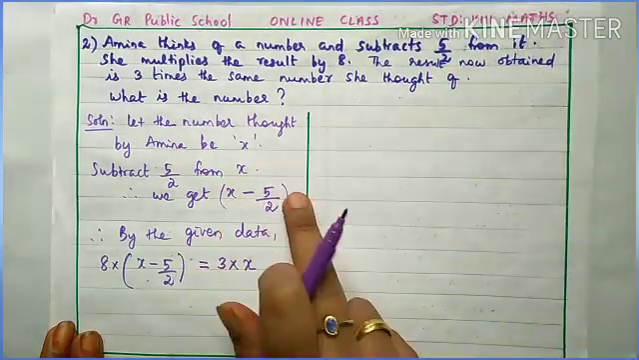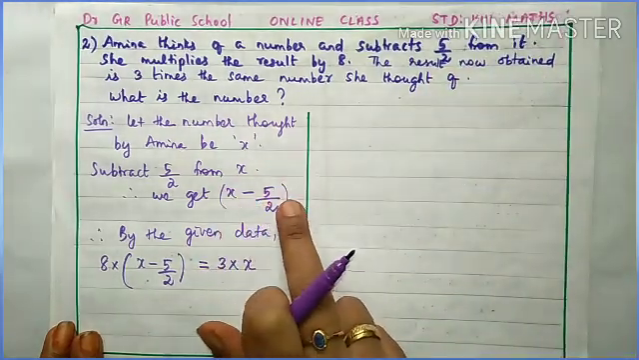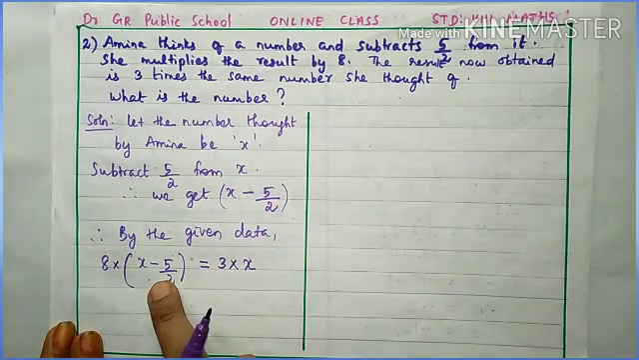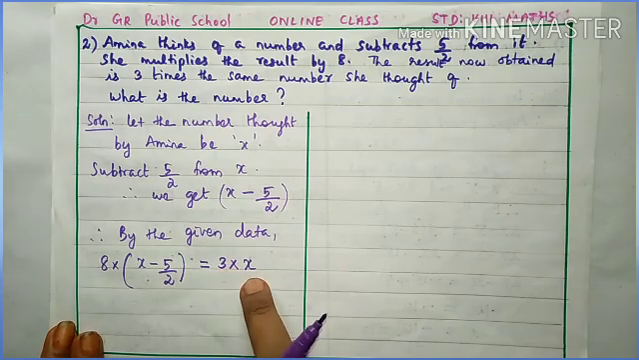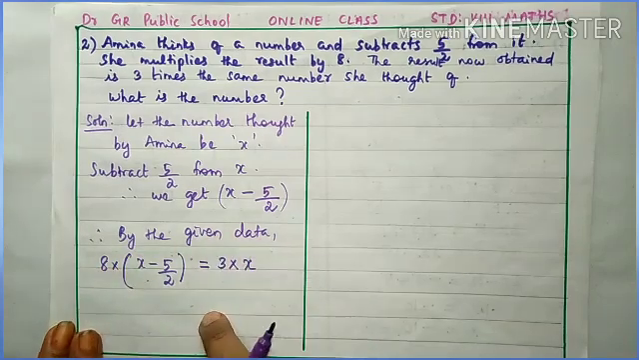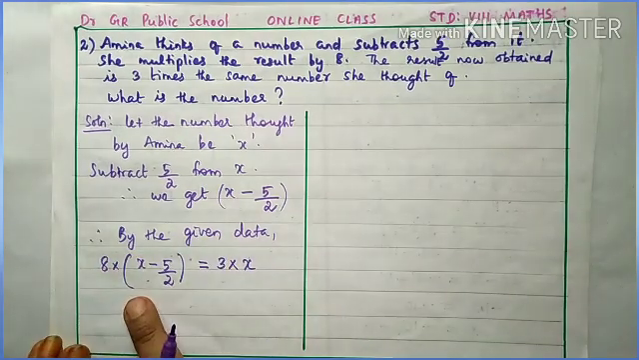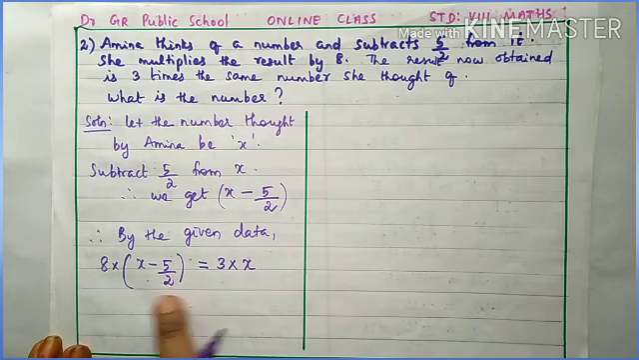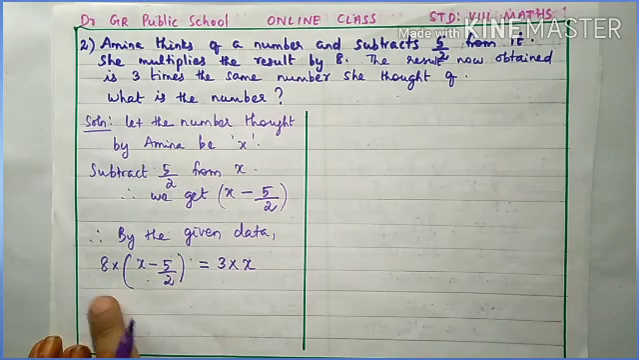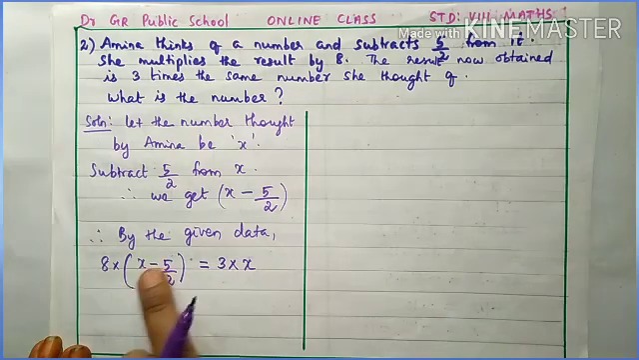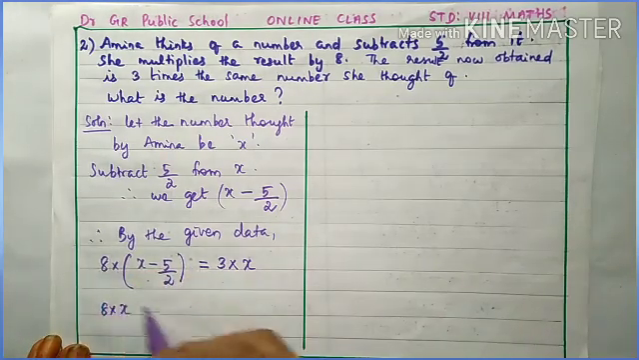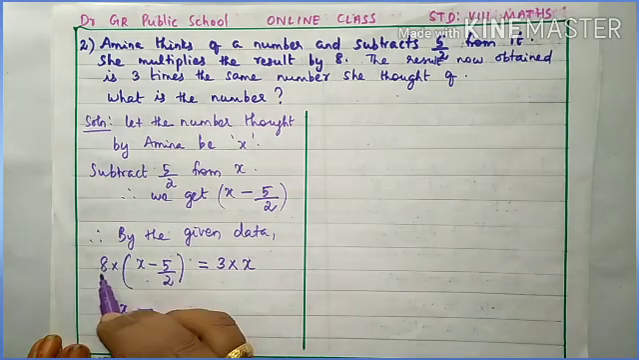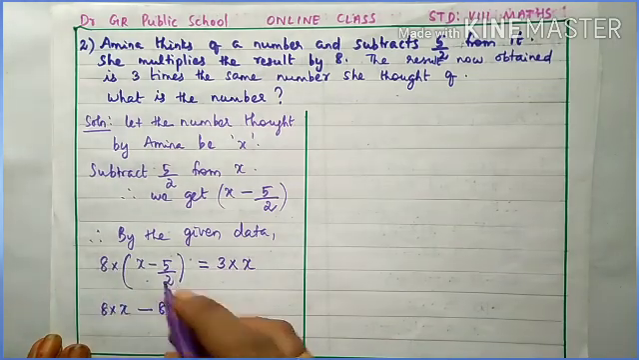So when the result obtained by subtracting 5 by 2 is multiplied by 8, the new result will be 3 times the number she thought of. Now we need to simplify this equation. Here I told you a bracket is there, so we want to open the bracket. This 8 is common, so 8 needs to multiply both the terms. So 8 into x, the first term, and here you see minus, then 8 into 5 by 2